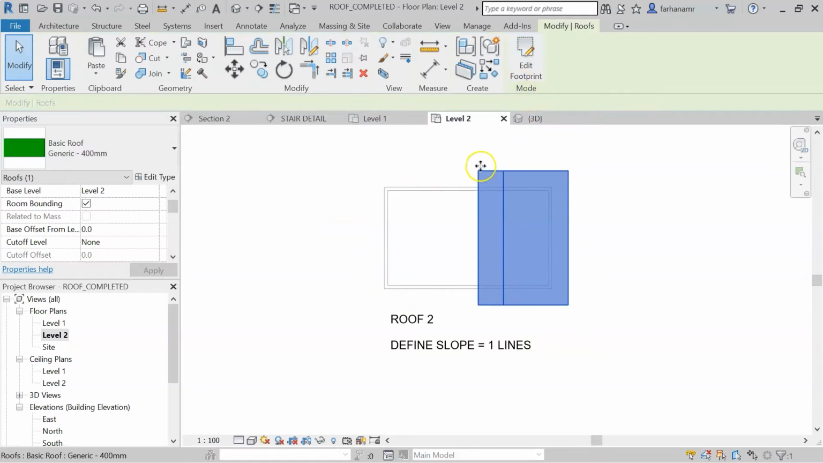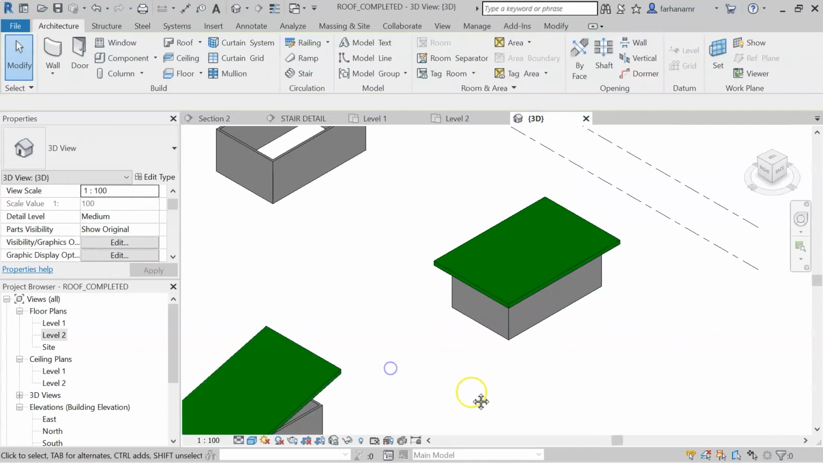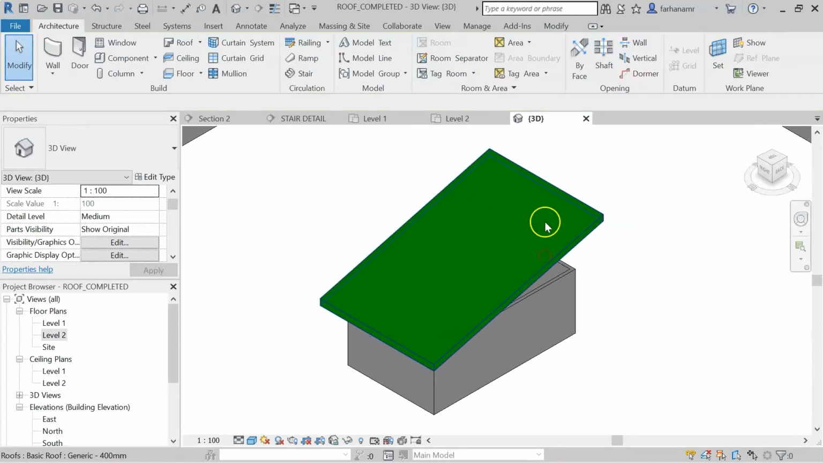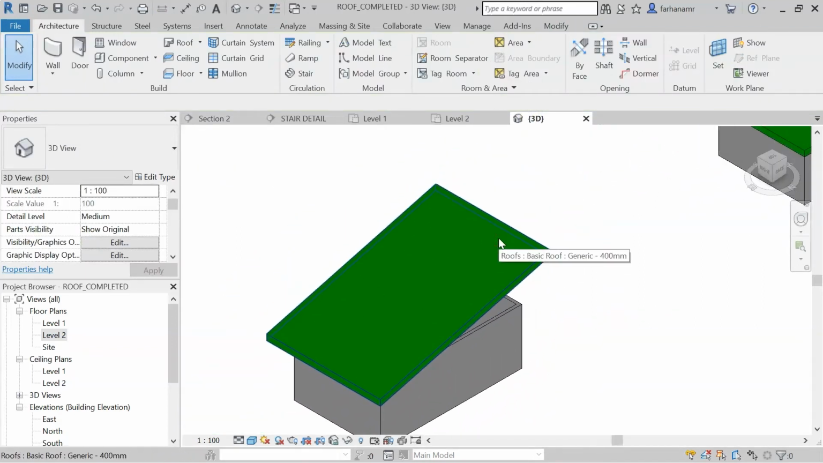Okay, don't worry about that. This is because of the setting for the view. We're going to learn that after you finish building the building. So if you go to 3D, that is your roof. This is a slanted roof. Now the third one